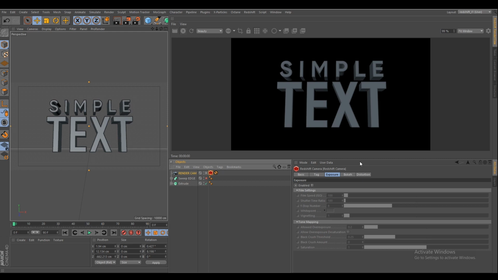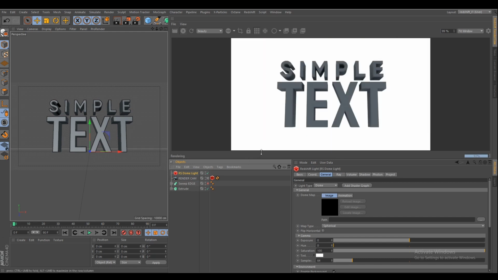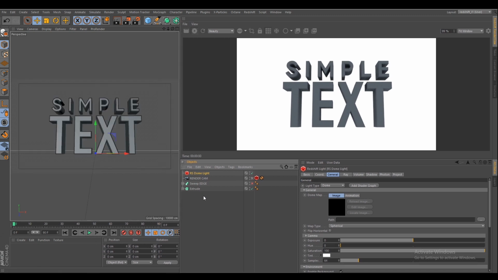So I think we should start with a HDR map. In Redshift, you should go to lights and select dome light. In dome light, I can apply HDR map. In normal Cinema 4D, you should have a sky, and on that you can apply HDR map as a texture node. But in dome light you have this path option. Here you can apply this texture node.